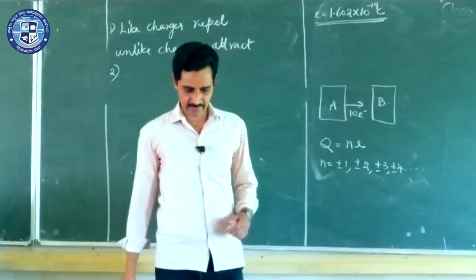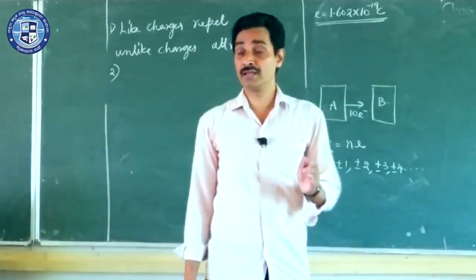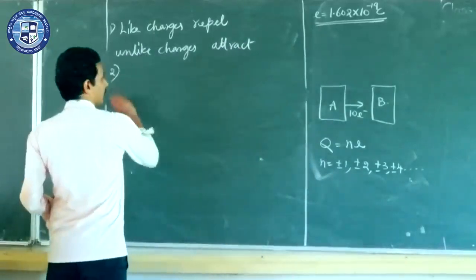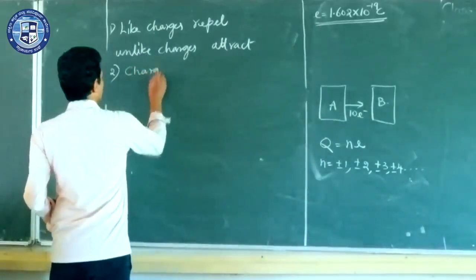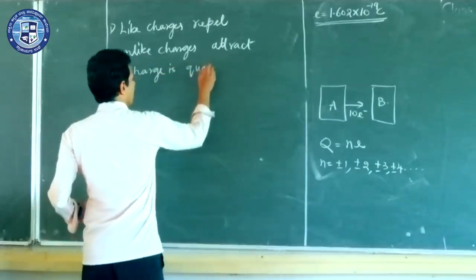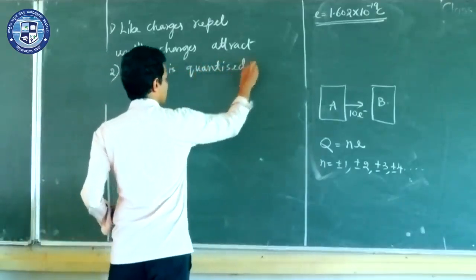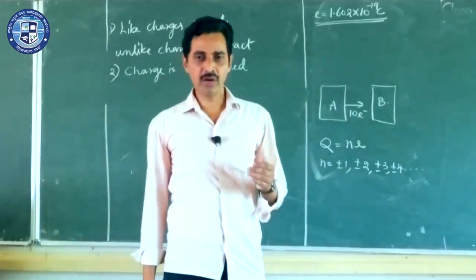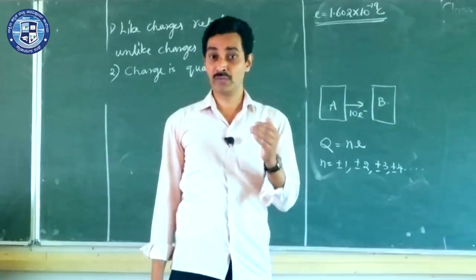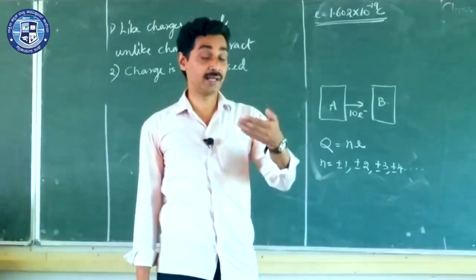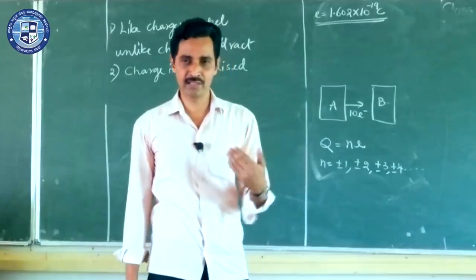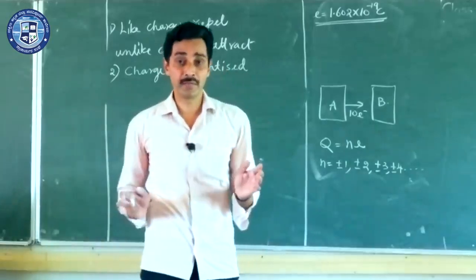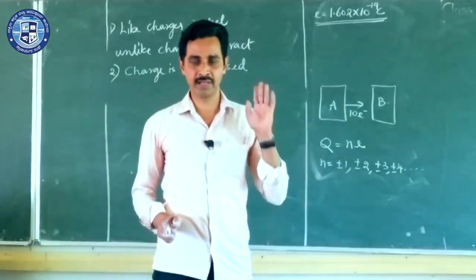Sir, why only integers? Charge is always quantized. Electron charge is always quantized. This is another property. Charge is quantized. What do you mean by quantization of charges? It should be only in the form of integers. The electron is the basic building block, one of the basic elementary particles. It has that physical property called charge, which is negative, which we conventionally take. Now, electrons are not made up of any other elementary particles. That you have to remember.